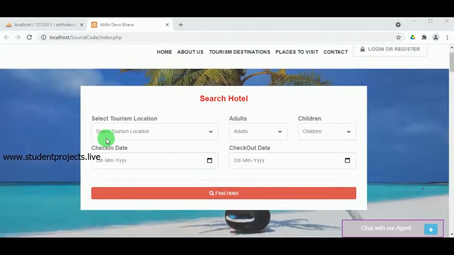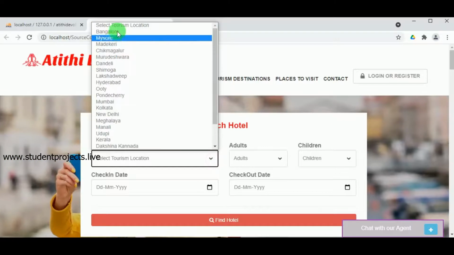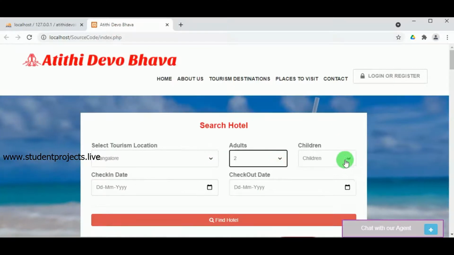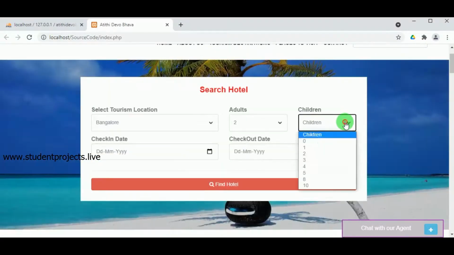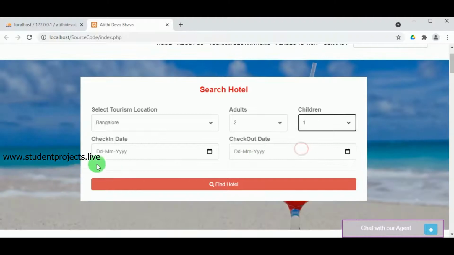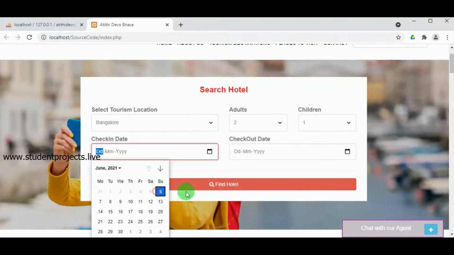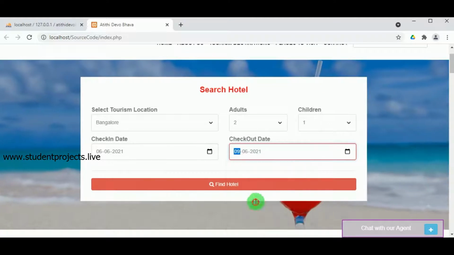The customer can search for the hotel by selecting the tourism location. They must select the tourism location, then the number of adults and the number of children going to travel with them, and the check-in date and the check-out date must be entered. On entering all these details and clicking on find hotel,